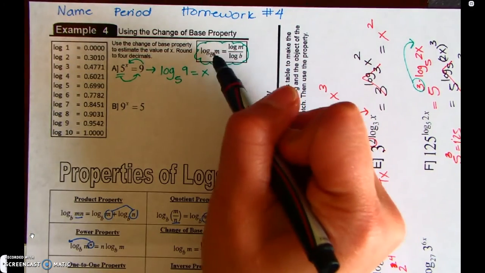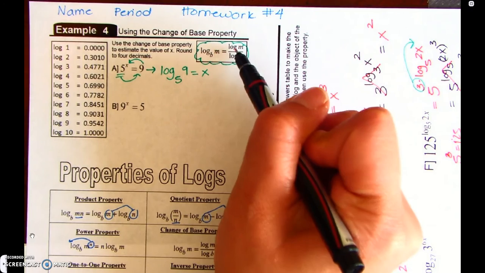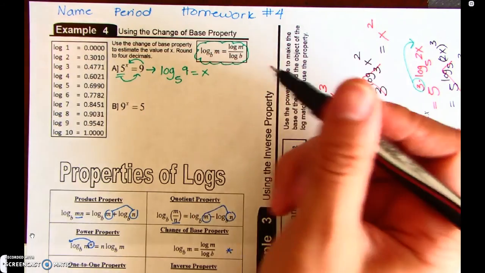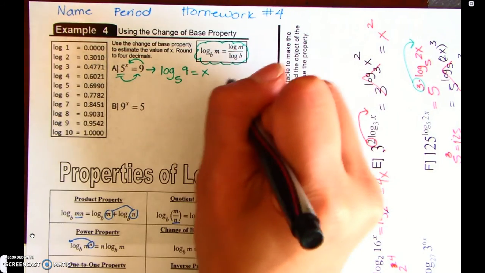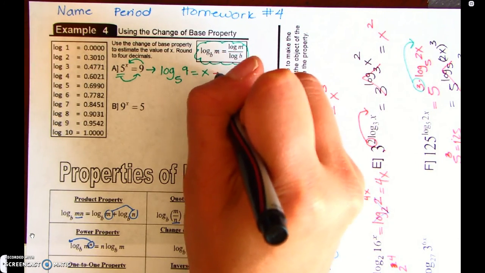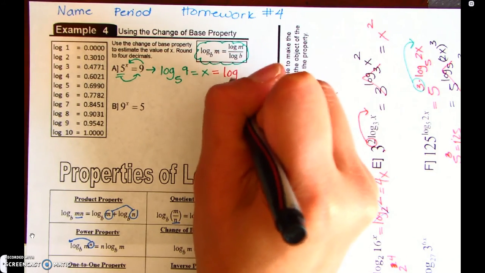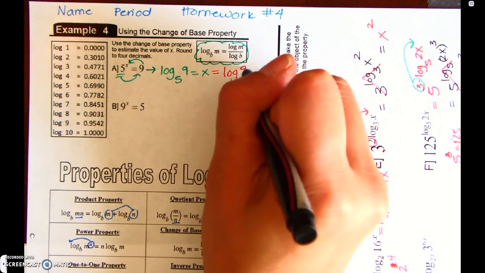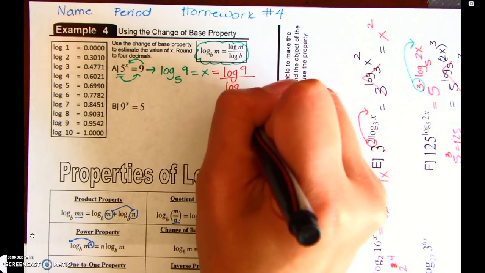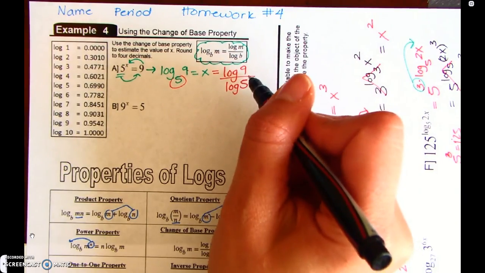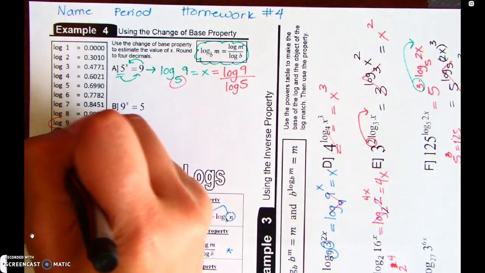And according to this rule, if you have log base b of m, that's the same thing as dividing the log of the number by the log of the base. So I'm going to say that this is equal to log of 9 divided by log of whatever my base is, which in this case is 5. Do we know what log of 9 is? Yes, according to our table, we know